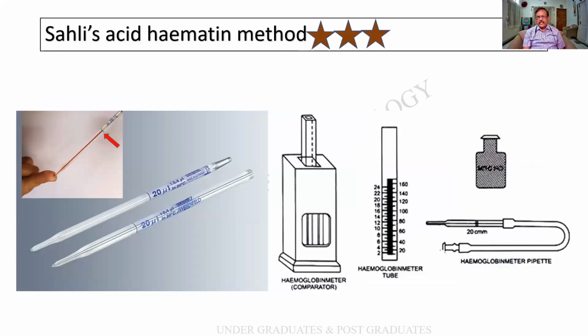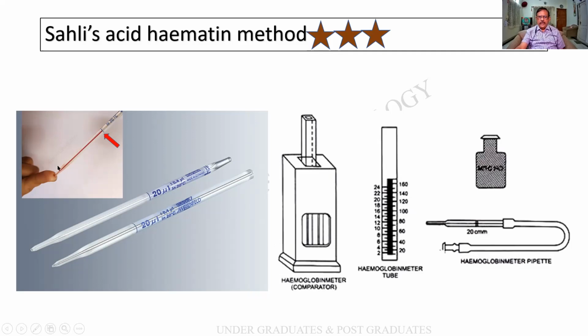And coming to our Sahli's method, this is what might be kept for the examination. And this is a Sahli pipette. 20 microliters of blood can be taken. Here you see that the blood is being taken by means of capillary action. And it should not cross the 20 mark. Some people overdraw it and then allow it to come down. That is not correct, as the blood here also will be counted.